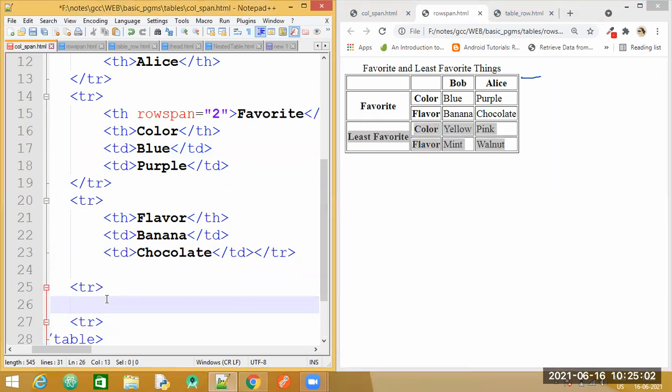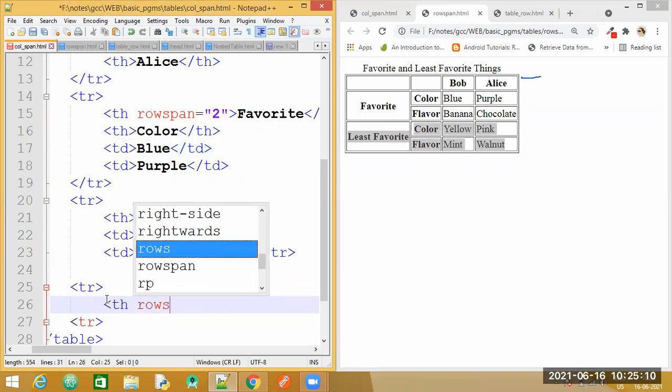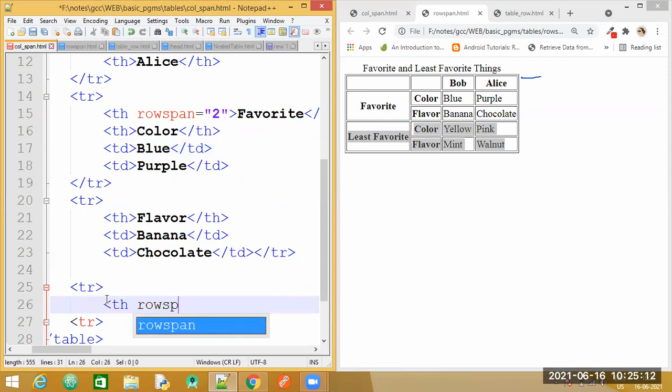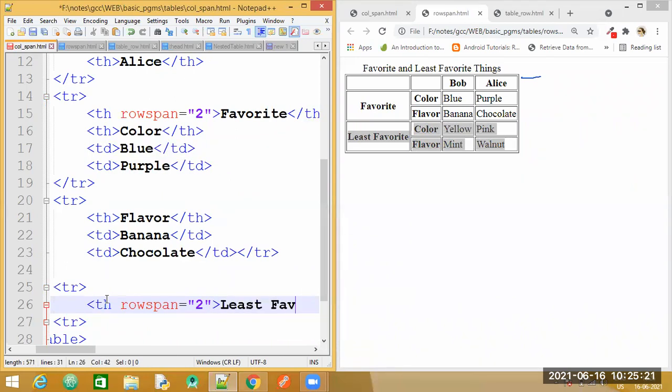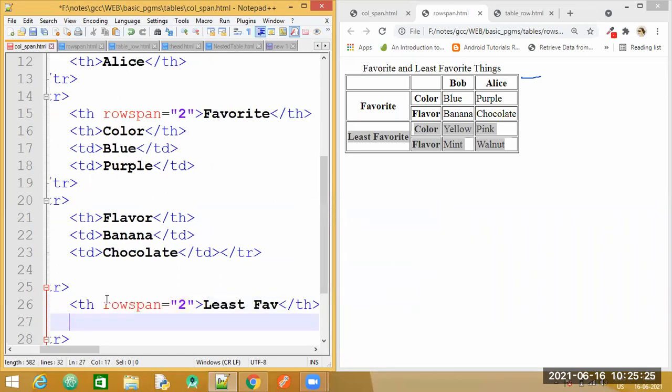Now inside this row, I will require two headings. First, let me specify the first heading, and let me specify its attribute row span. And let me specify it to be 2. So again inside this, I'll just specify the values, that is color and flavor again.